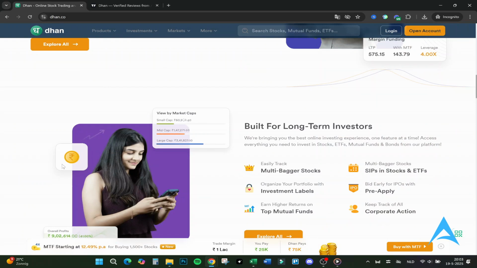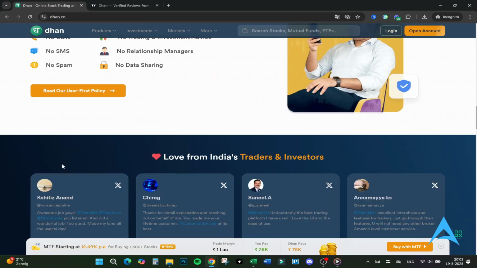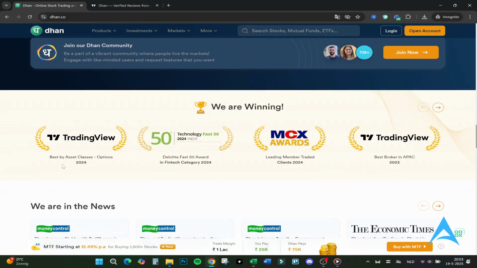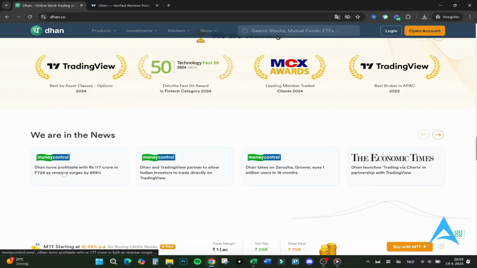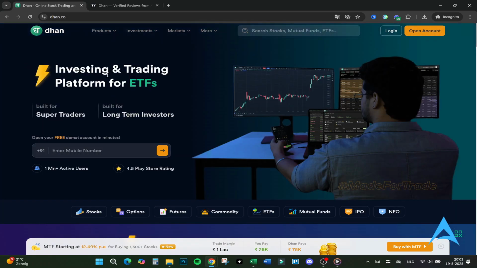However, for active traders, self-directed investors, and anyone who appreciates a powerful platform at minimal cost, Dhan is absolutely worth trying. You can always open an account, which is free, test the tools, and start with small trades before fully committing. That's the beauty of tech-first brokers like this. You control the